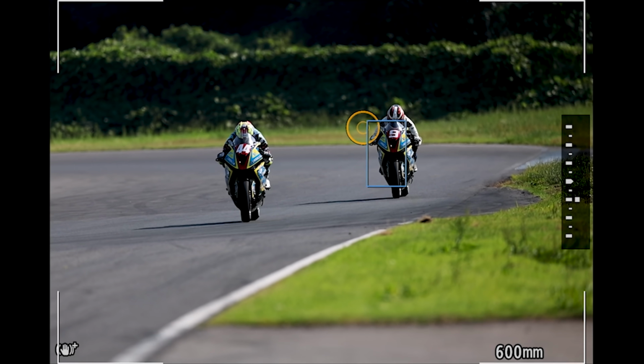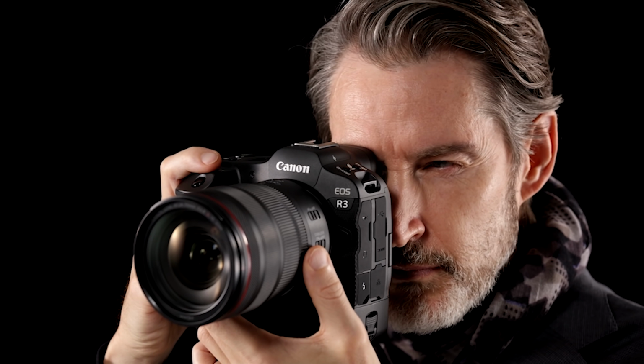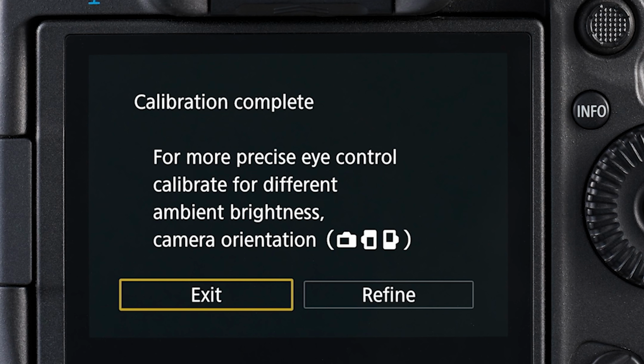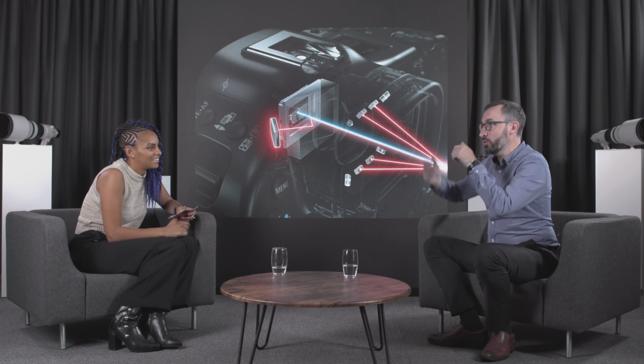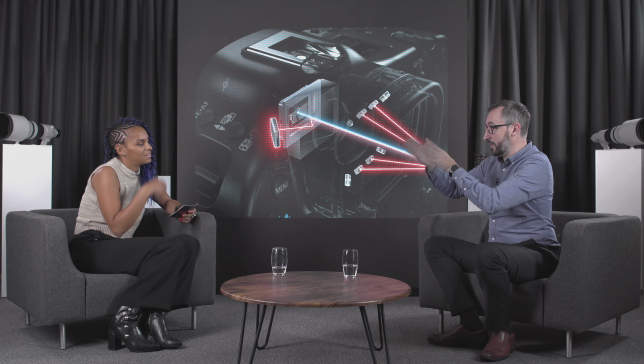So you're telling it which object out of multiple objects to track onto. And it's also worth pointing out that to get the best out of the box, you need to calibrate the camera for those different conditions. Yeah. In the same way that when you get your new phone, you have to do your fingerprint so it can identify all the angles. All the angles. So the same with the camera, you need to do it for different orientations, different brightness conditions, and then it has a better imprint of your eye and can clearly identify what you're looking at